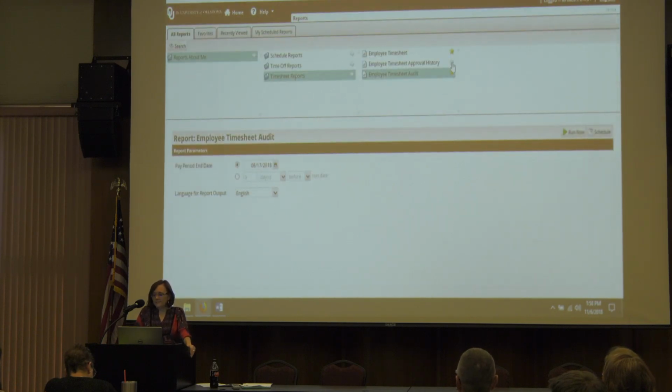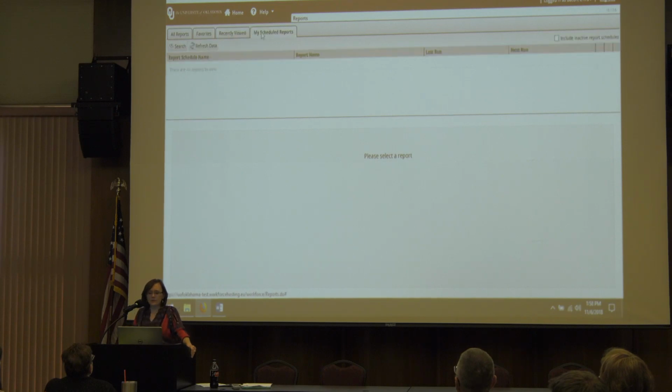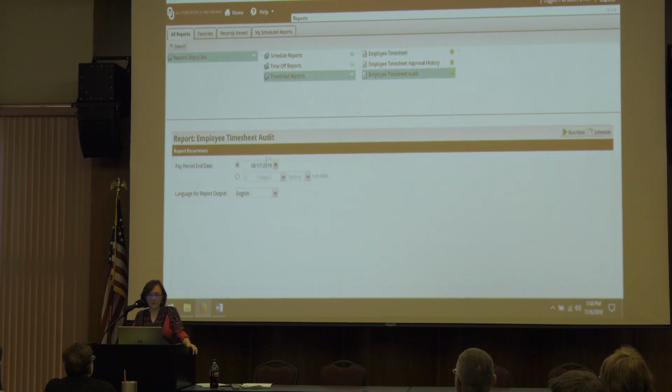You can also make these favorites by clicking on the star, and they'll appear in your favorites tab. Recently viewed are the ones that I've pulled up recently, and my scheduled reports are any reports that I have scheduled to run automatically. And you can do that on any of the reports. Just be sure you don't use the pay period end date where you key in a specific date, because if you do, it's always going to run that pay period end date,